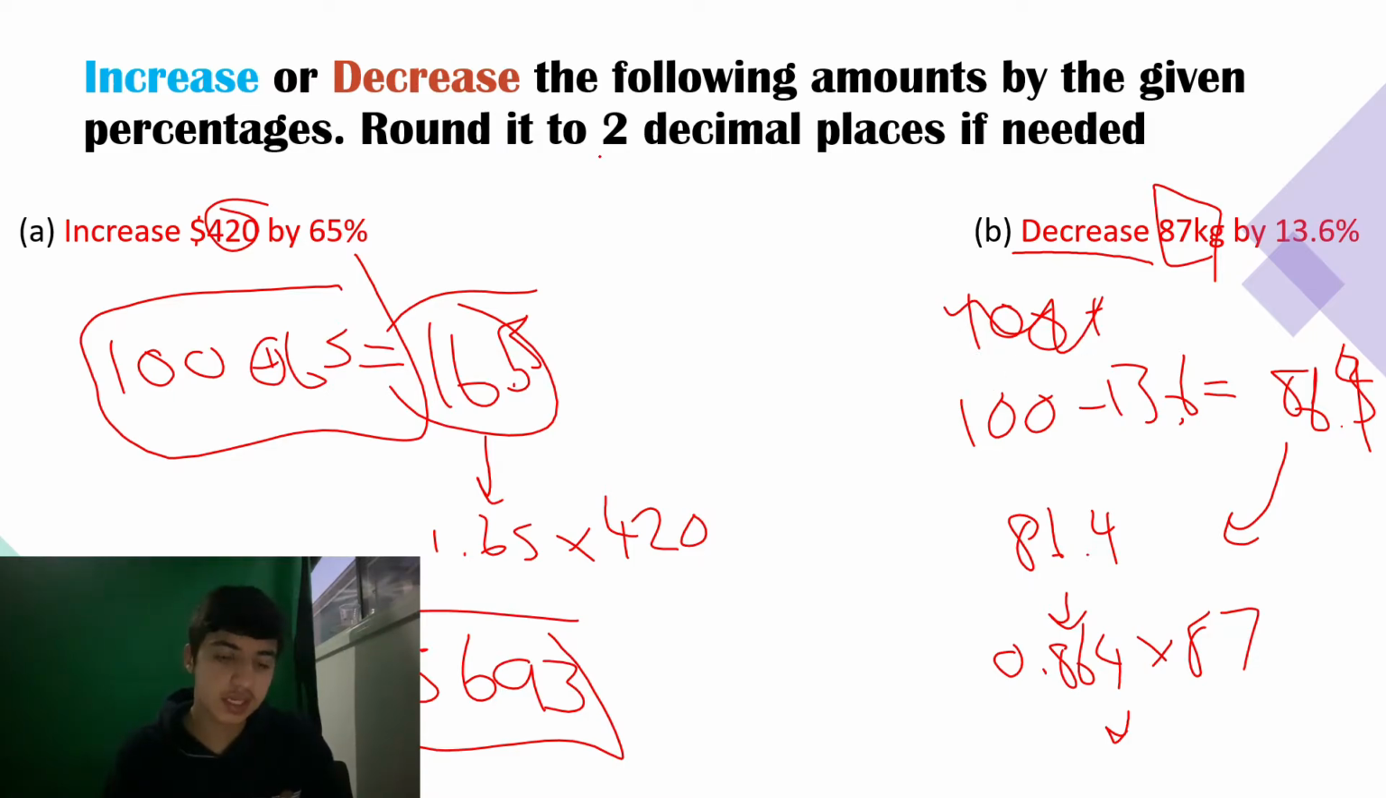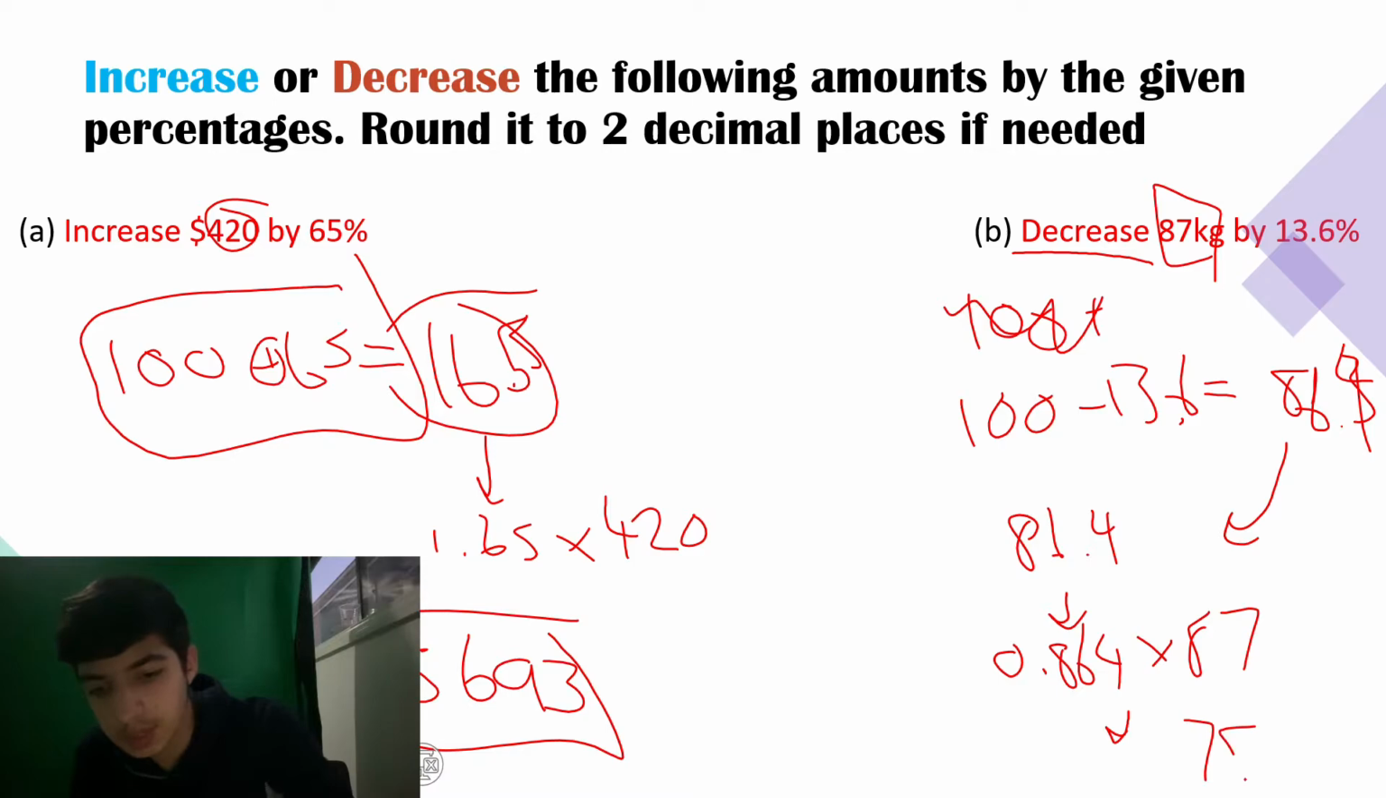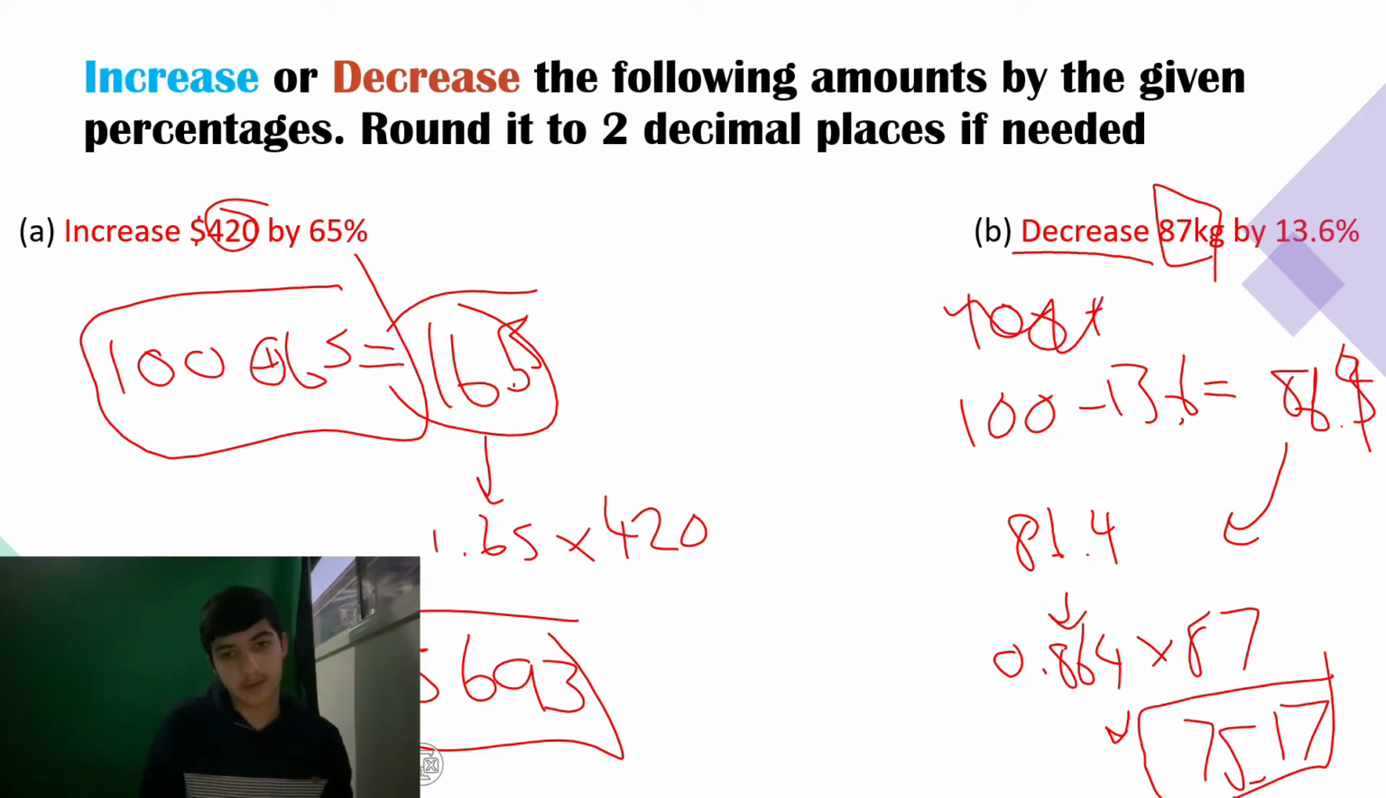75.168. Now as you can see here, it says round to 2 decimal places. So 2 decimal places would be here. So this would be rounded up to 17. So then it would be 75.17. Done. That's our answer. Oh, sorry, you have to add the kilos, because if you don't add the kilos, yeah,